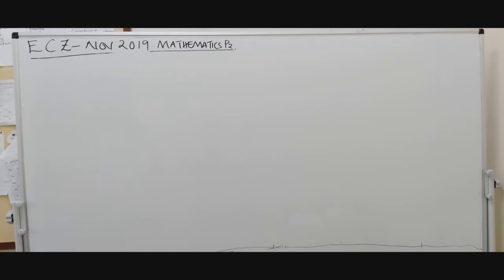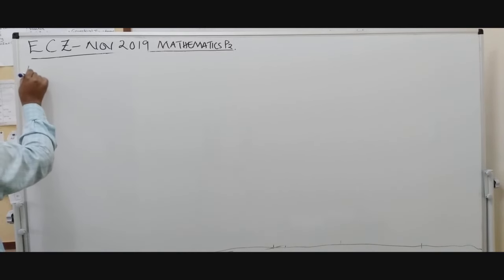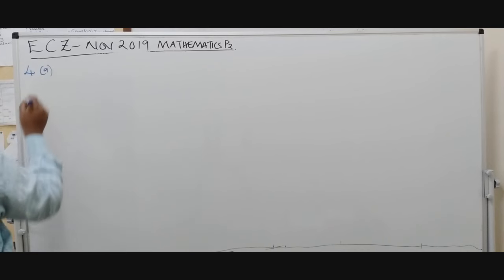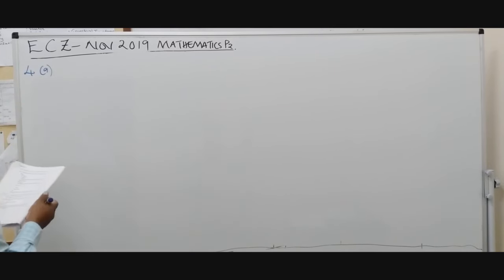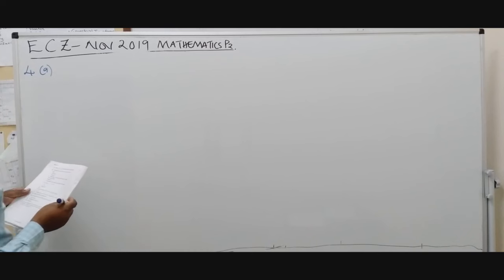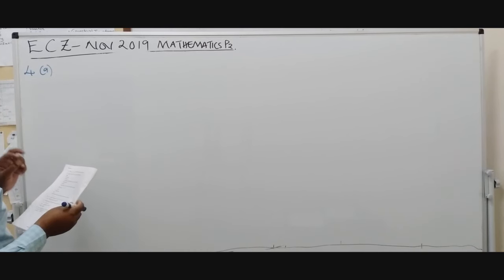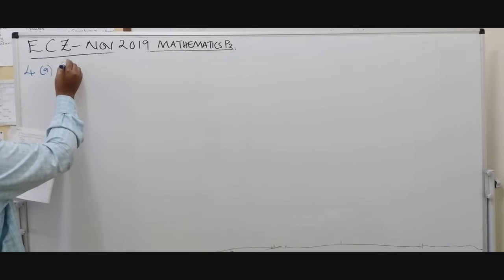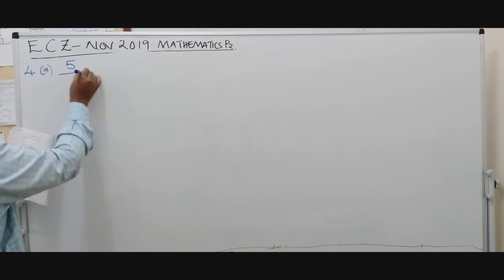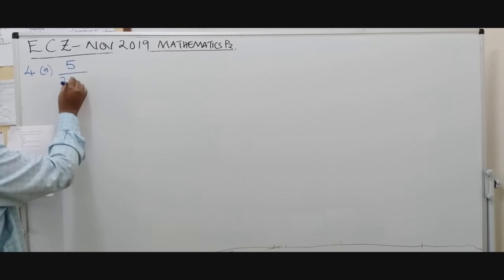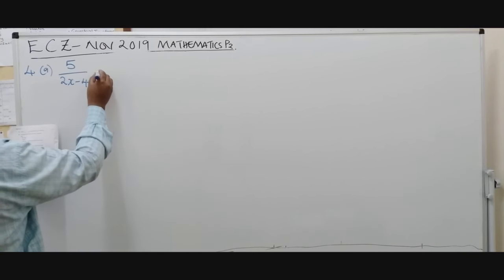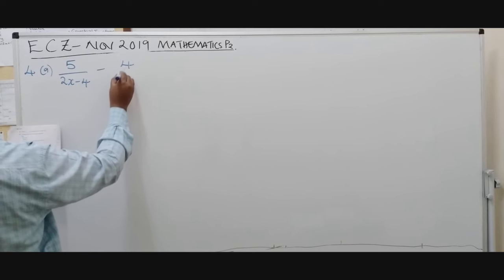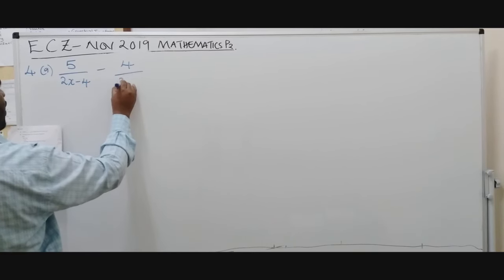Okay, so let's see how we can deal with the 4a. We are told that we express these two fractions as a single fraction in its simplest form, and you get 3 marks. These are 3 marks. 5 divided by 2x minus 4 minus 4 divided by 3x